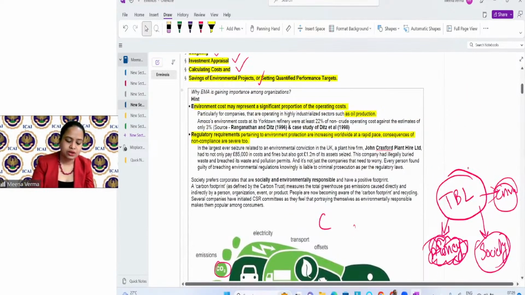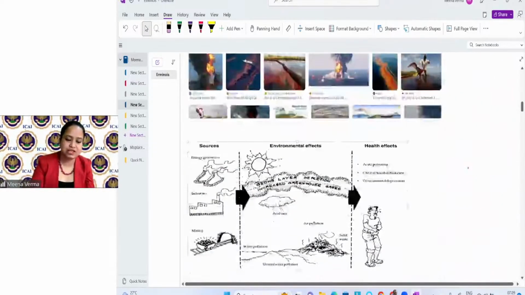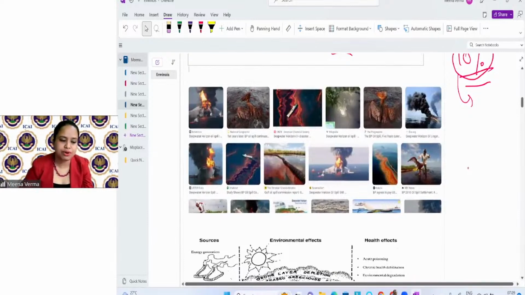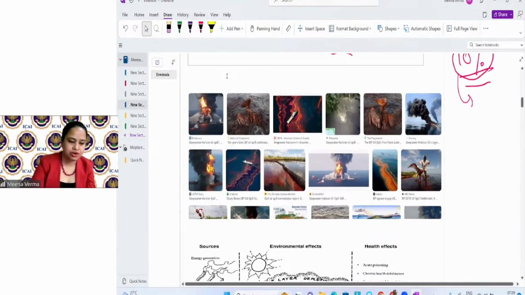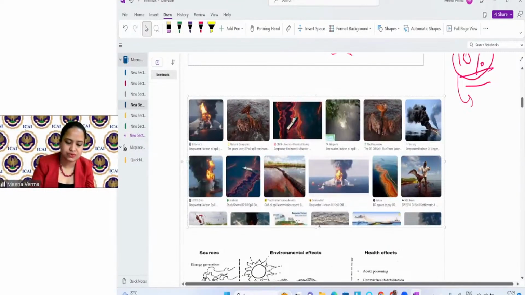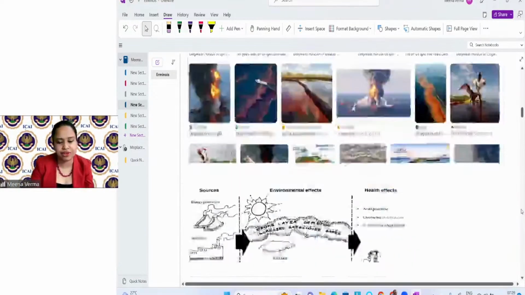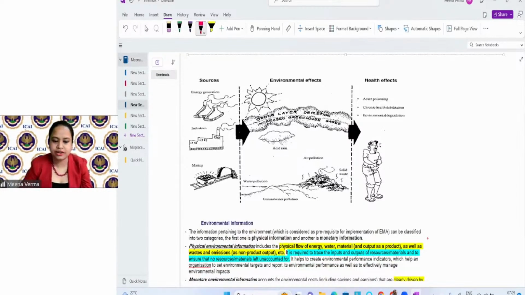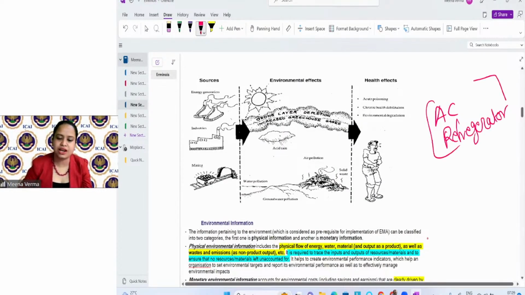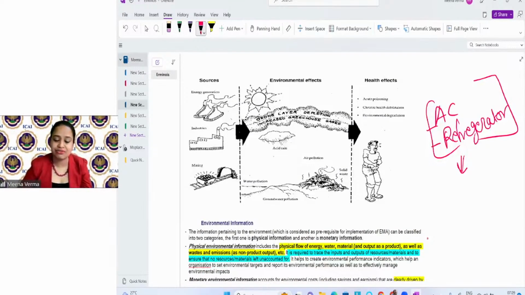All right. But we have seen some major consequences in the past, because of which environmental management accounting is very important. So let me discuss some environmental consequences which we have already faced. You can see minor things happen everywhere, like the refrigerator and air conditioner. This is something I studied in class 10 at school. I learned that the AC and refrigerator release some kind of gases, right? They release some type of gases,